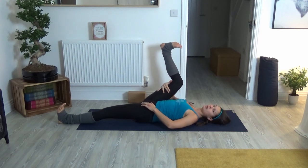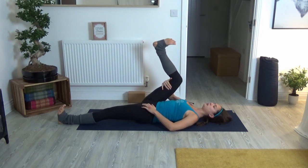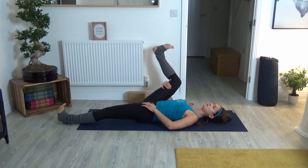Thread your arm around the back of your thigh. And again, it's never about how far you're going. It's about working with where you're at tonight. So you can either open the right knee further out here, stay with the hand on the thigh, the hamstrings,